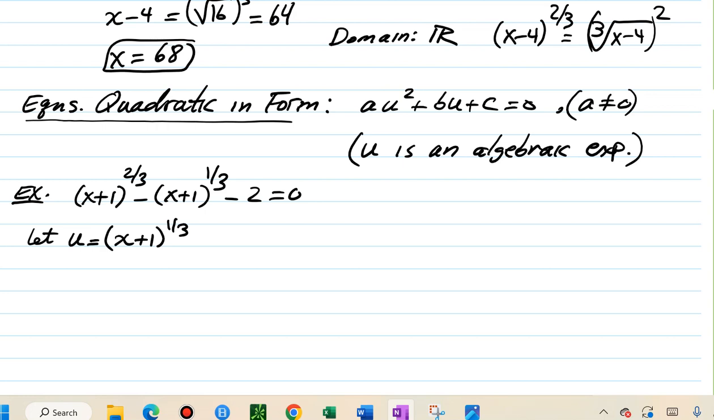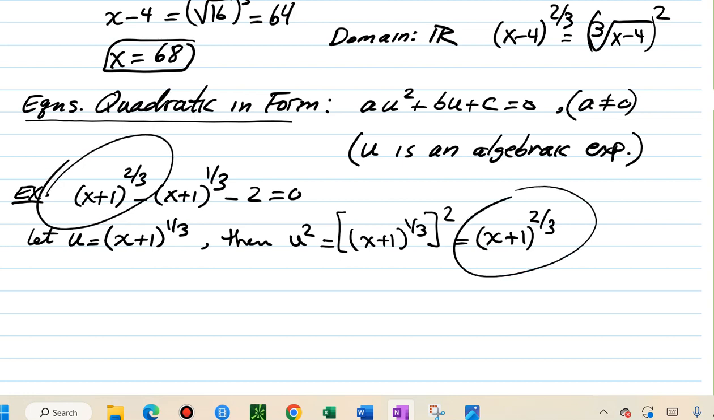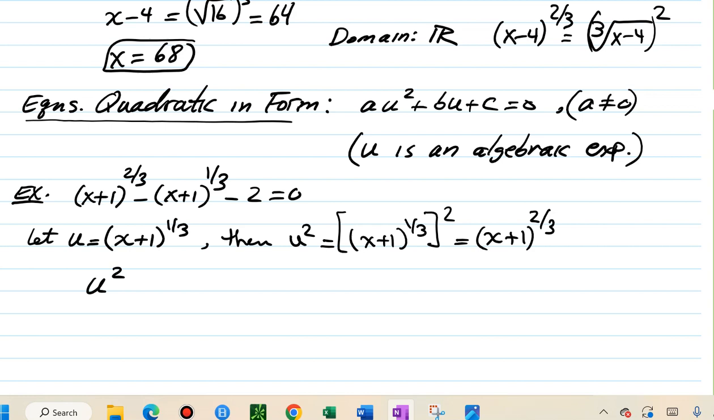Okay, well, if u is that, then what will u squared be? If I square both sides of this one now, I'm going to get (x + 1)^(1/3) squared, right? And that's going to be (x + 1)^(2/3). And that's actually good, because if you look at the first term and look at that one, isn't that u squared? So the next step is to rewrite (x + 1)^(2/3)